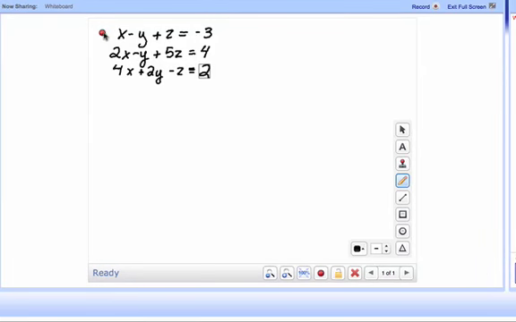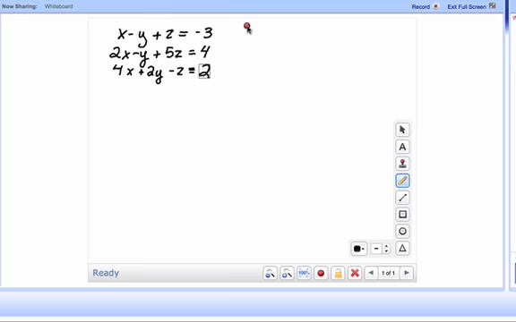System of equations with three variables, the first thing you want to do is look at the coefficients of each variable. So here we've got a 1, 2, 4, a -1, a -1, a +2, a 1, a 5, and a -1. And determine which of these variables you want to eliminate. I'm going to go ahead and eliminate y's because 1, 1, or -1, -1, and 2 is smaller than the others. So what I'm going to do